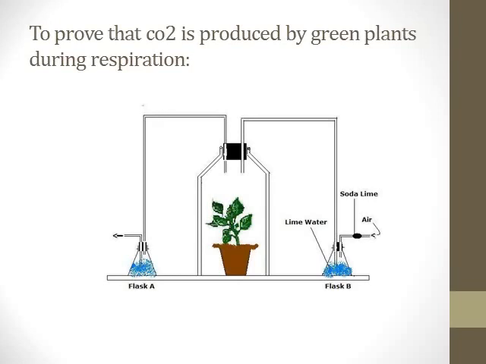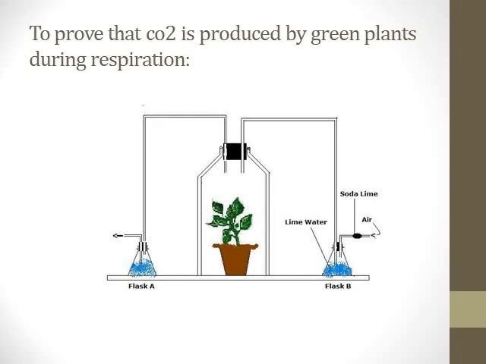The bell jar should be placed on a glass sheet, and its rim as well as all other connections should be sealed with Vaseline, that is, it should be airtight. The outside air is drawn into the apparatus with the help of an air pump. This air passes through the soda lime, which absorbs any carbon dioxide present in the incoming air. The carbon dioxide-free air then enters the bell jar.